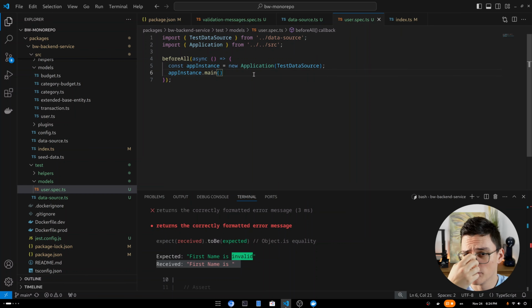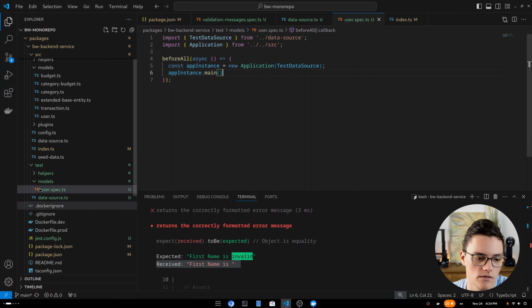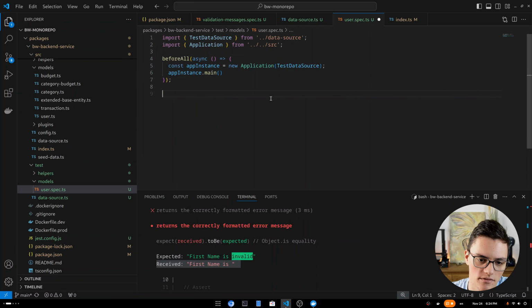Now, this is one approach to start the app. This way you can test controllers, really, because I'm currently in the model spec, but if you're testing controllers, the test can just be to do a RESTful API call as a client and then check the database. That is a good approach. You sometimes don't need to go to the level of testing models, really, because really this is a